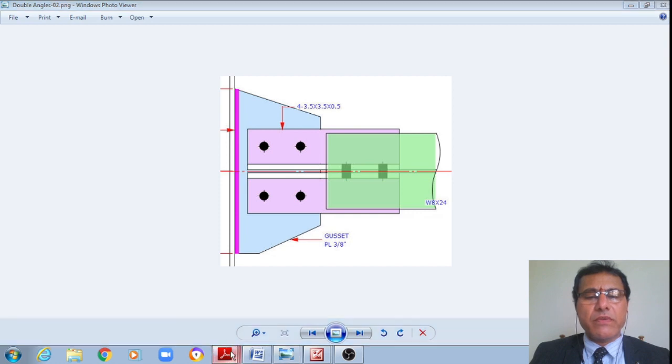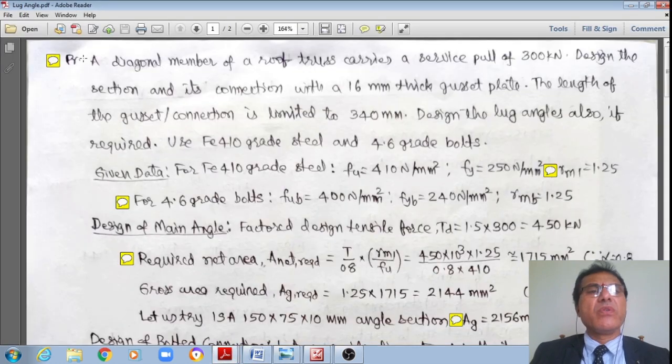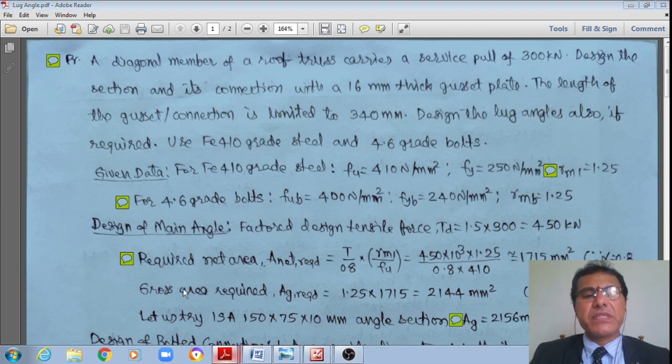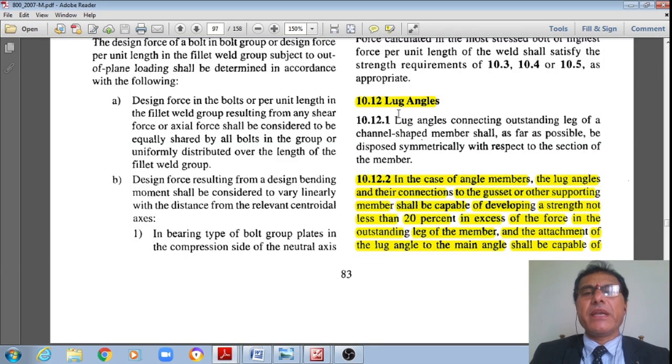Now let us move quickly to the topic, the lug angle design, student. In today's class we shall see the design of lug angle, conforming to IS 800 2007, clause 10.12, page number 83. Let me go to page number 83 of this IS 800, student. Yes, I am there in page number 83 of IS 800, wherein